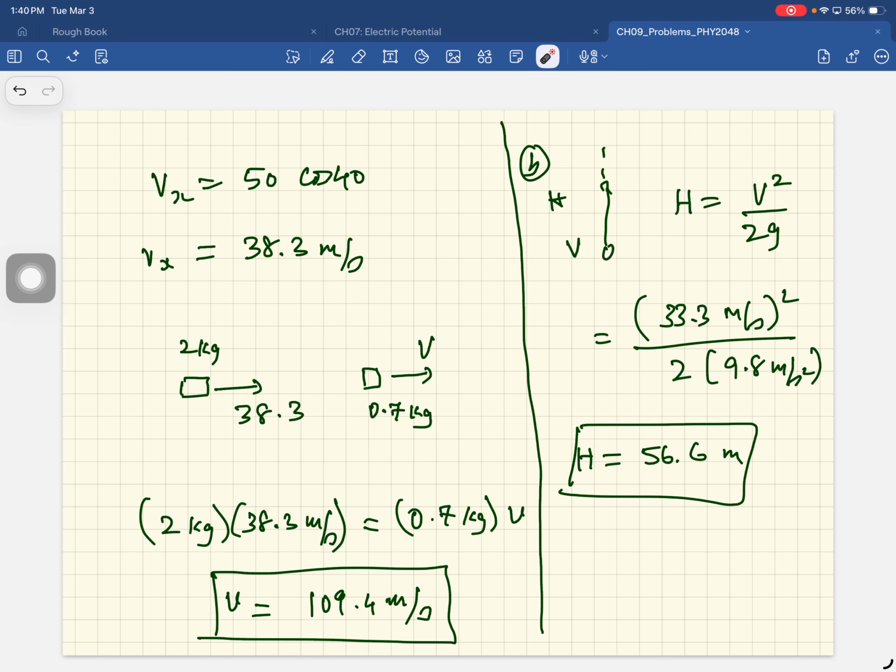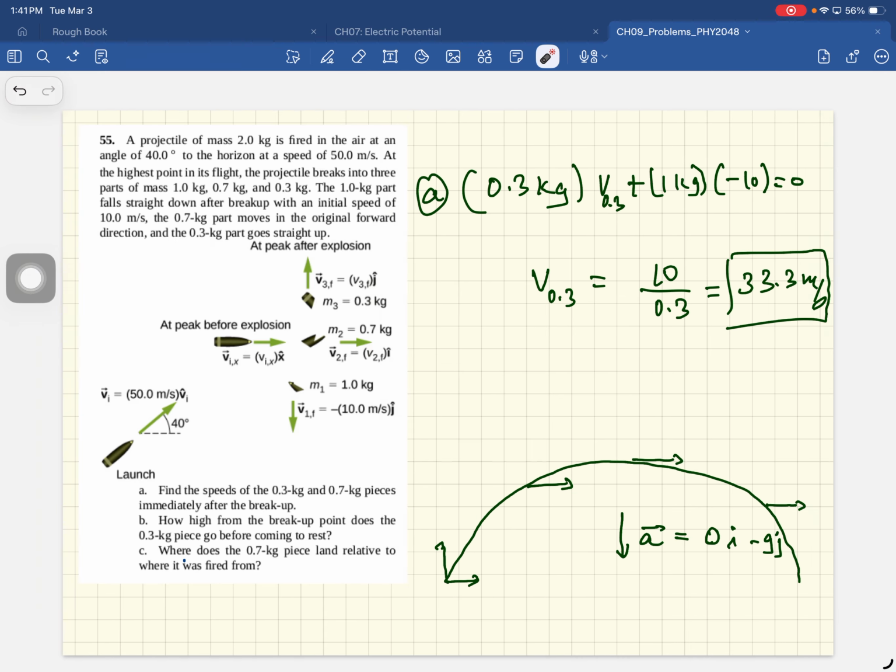All right, so we have to calculate these two distances. We are calculating the x distance, x minus x naught equal to v naught x t plus 1/2 a x t squared. This guy is 0. We'll call this 0. For we are calculating d1. To get t, we'll calculate vy final equal to vy initial plus ay t. What we're calculating is the time it takes for it to get to the top. When it gets to the top, the y component of the velocity is 0. 0 equal to 50 sine 40 minus g t. So t is,